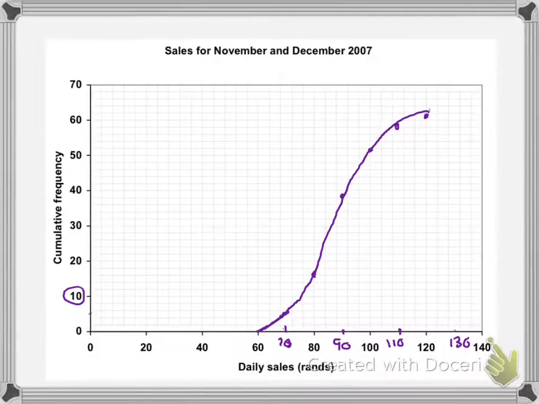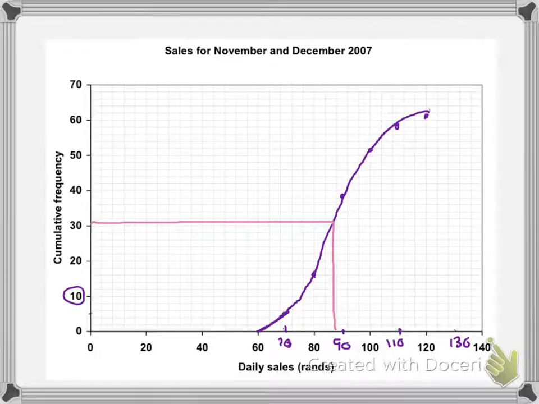So in this question, for example, you were asked to read off the median. Now, since there were 61 days, we divide 61 by 2, not very helpful in this one, which is 30 and a half. So we're just above the 30. And what we do is we go and read across from just above 30 to my graph and down, and we can estimate, they always ask for an estimate, that the median of daily sales was, where are we there, about 80, just short of 90, so about 96, 97